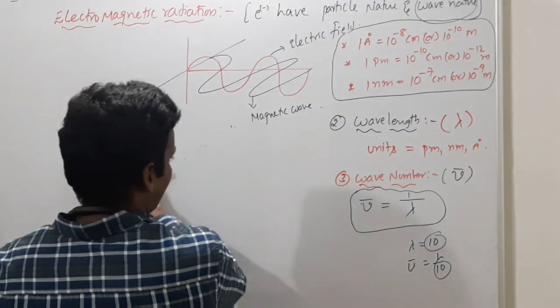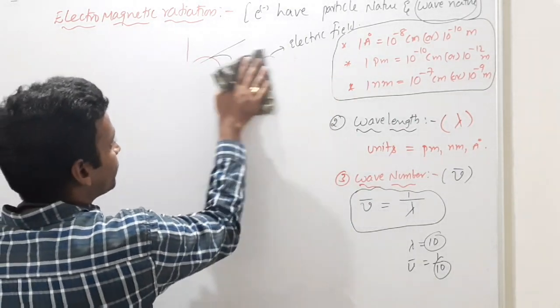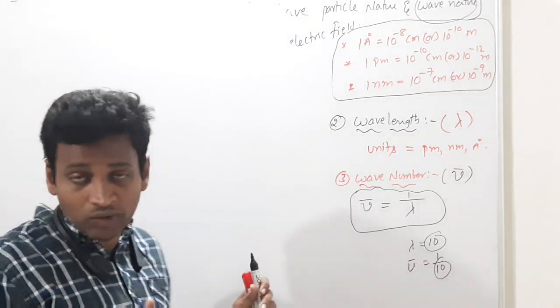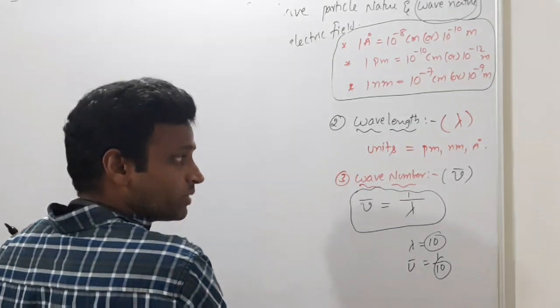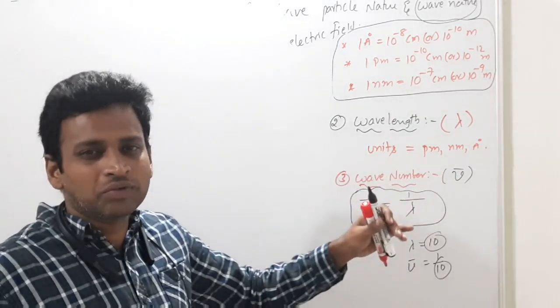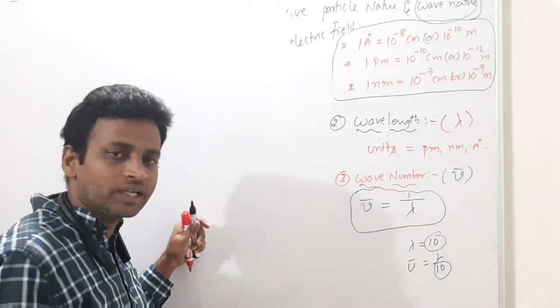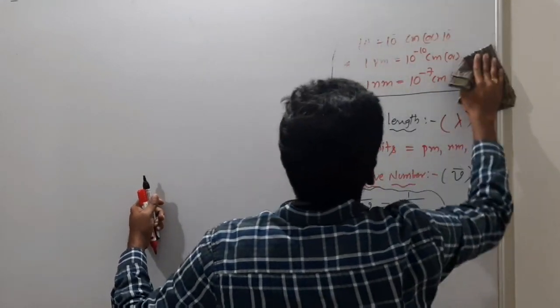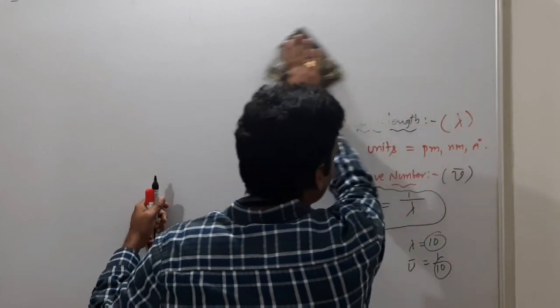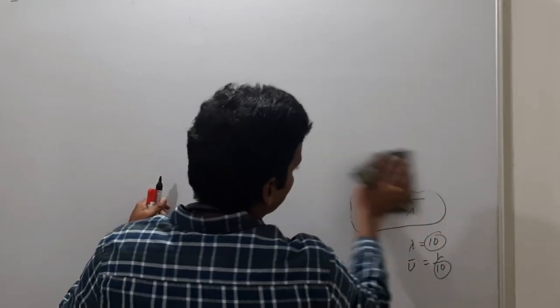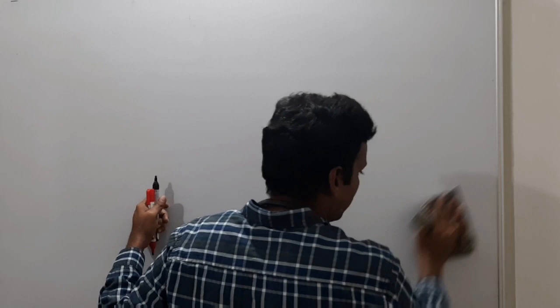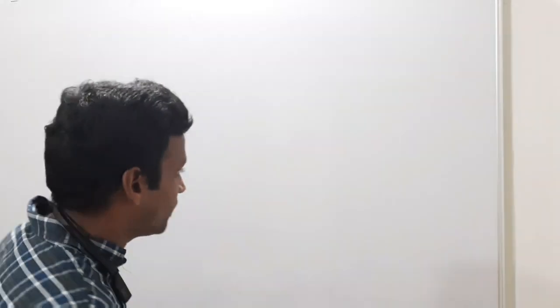So what we discussed: amplitude, and we discussed electromagnetic radiation. I will also give you the electromagnetic range, don't worry. Cosmic rays, microwaves, TV waves, I will give all their ranges. But first we must know the wave parameters, those are very important. We are discussing wave parameters because the electron has a dual nature. So for an electron, what is the wavelength? What is the frequency? You must be able to calculate them, so that's why I gave this.